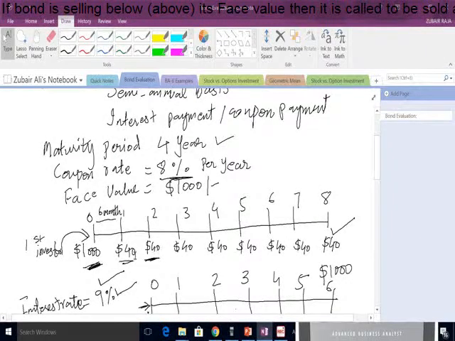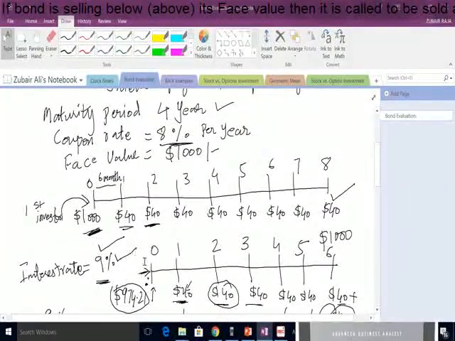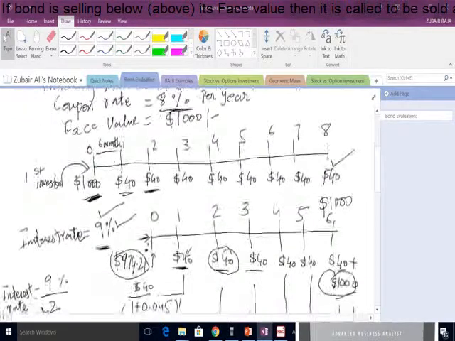But after 1 year, when the first investor was going to sell this bond to the second investor, the interest rate in the economy changed from 8% to 9% a year. Now, for the second investor, 9% is the appropriate rate of return. He needs 9%. So it means that the interest rate increased, and because of that, he does not need these lower payments. The only way he will accept this lower payment is by reducing the price of this